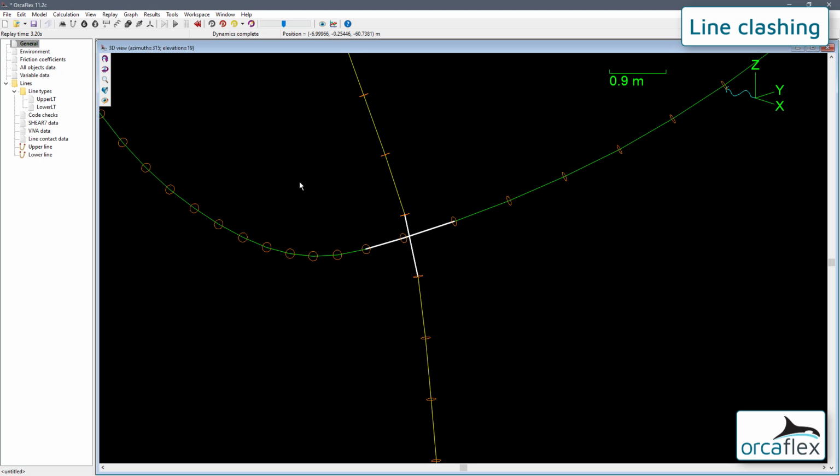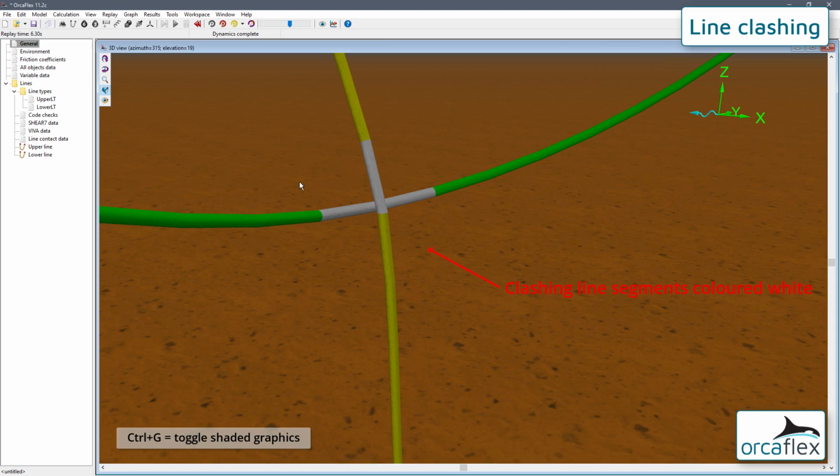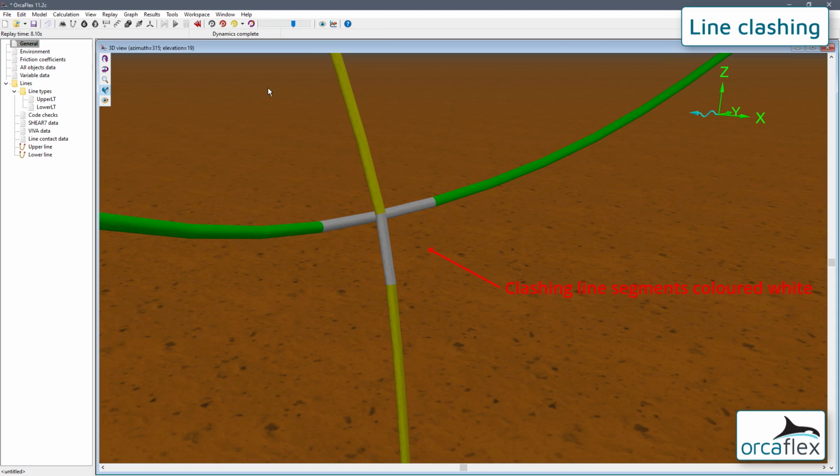We can see, having zoomed in on the contact point, that the segments which are experiencing the clash contact are coloured white. The drawing of this contact can optionally be turned off on the drawing page of the line data form.